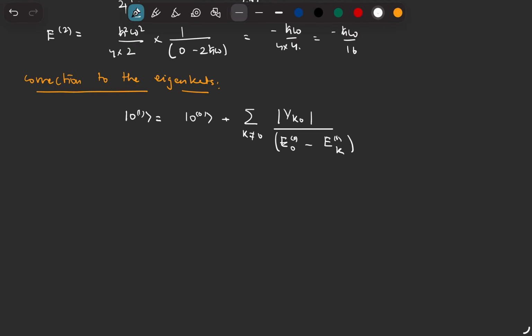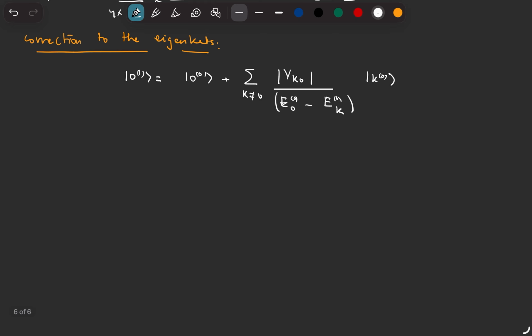Now as I told earlier, the only relevant level out there in this summation is level 2. So this will be ground state plus vk0, which was epsilon h bar omega upon 2 square root 2, and this part right out here was minus of 1 upon 2 h bar omega,